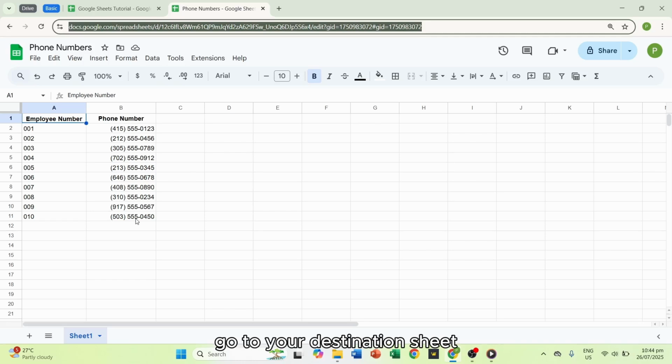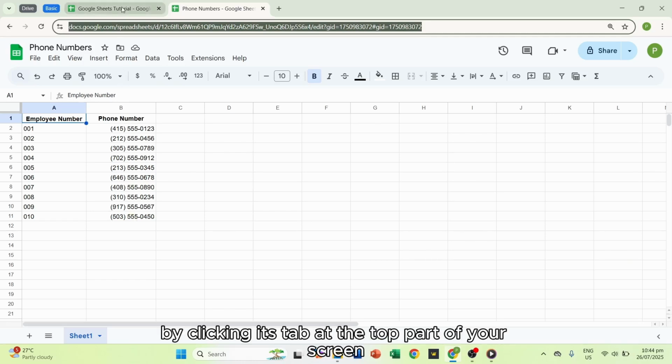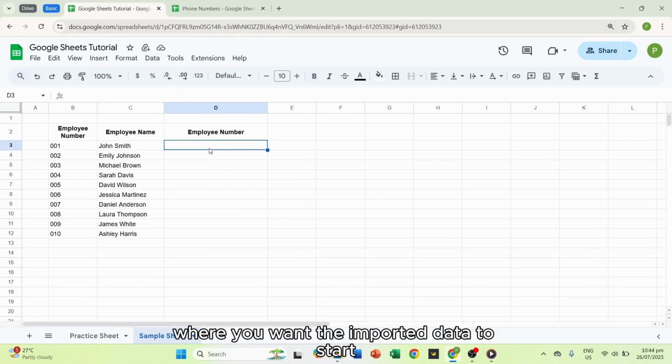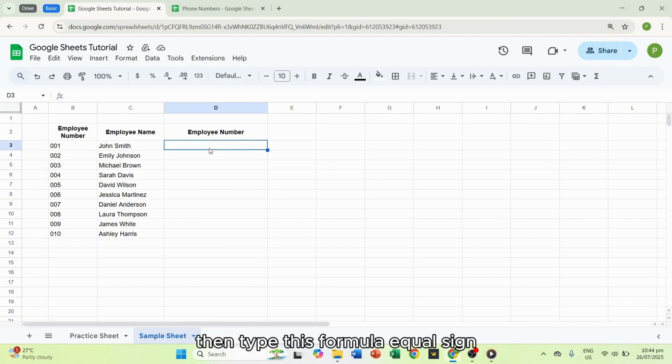Now, go to your destination sheet by clicking its tab at the top part of your screen. Click on the cell where you want the imported data to start. Then, type this formula: